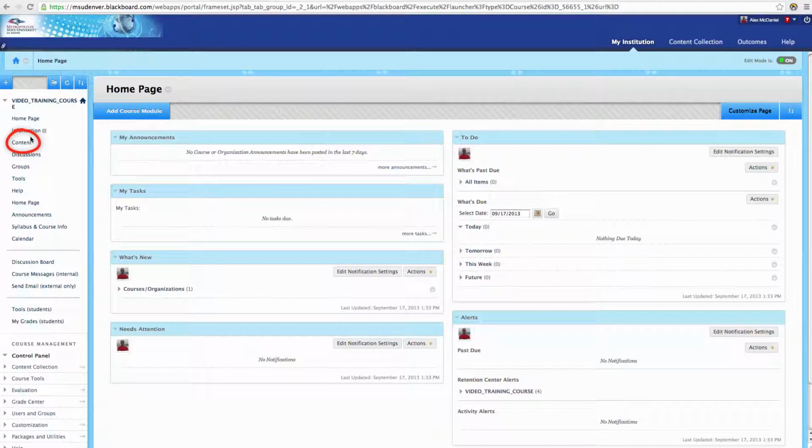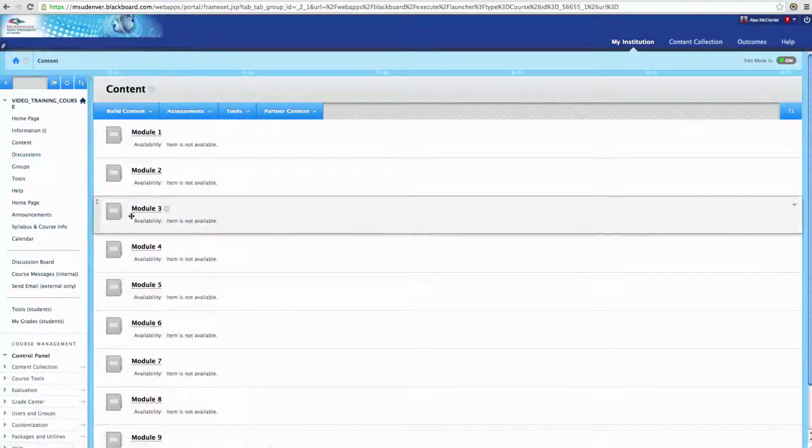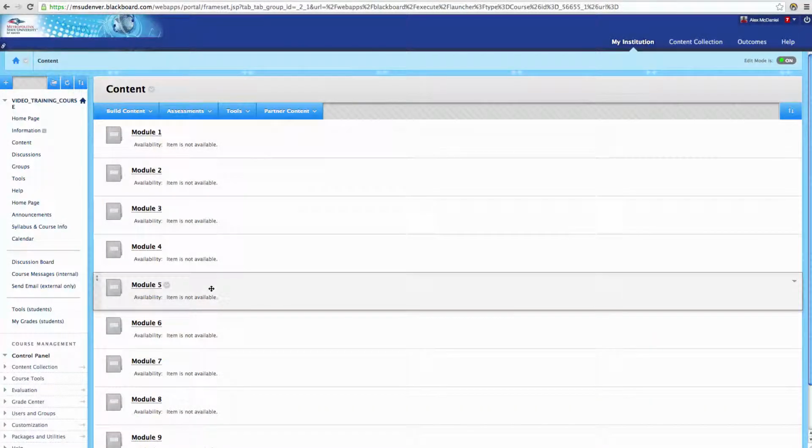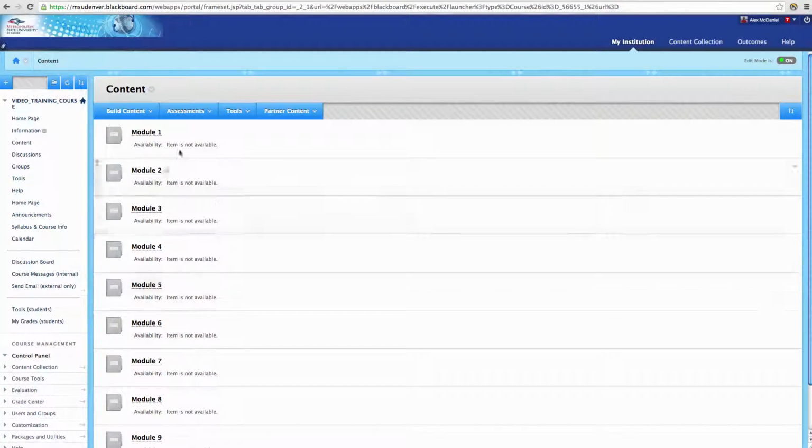Inside of content, creating modules, if you have the institutional template, you're going to see that you have a whole collection of modules available to you. The way that you can begin using these is to just go ahead and click on the module. Once inside of it, this is when you can then modify files that have come inside of here for your use as a part of the template.